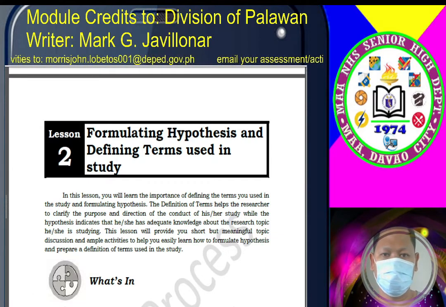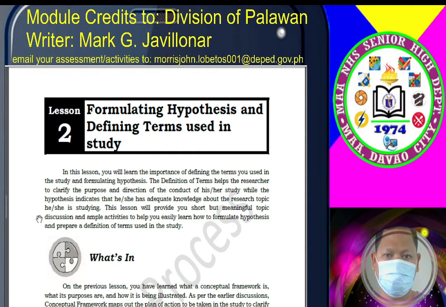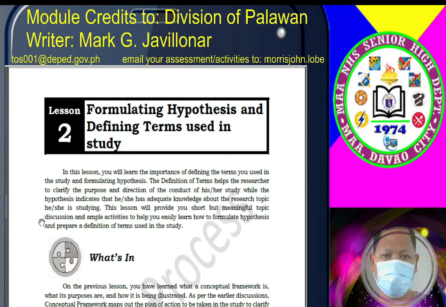Okay, so we'll now go to lesson 2, which is about hypothesis and definition of terms. In this lesson, you will learn the importance of defining the terms you use in the study and formulating the hypothesis. The definition of terms helps the researcher to clarify the purpose and direction of the conduct of his or her study, while the hypothesis indicates that she or he has adequate knowledge about the research topic he is